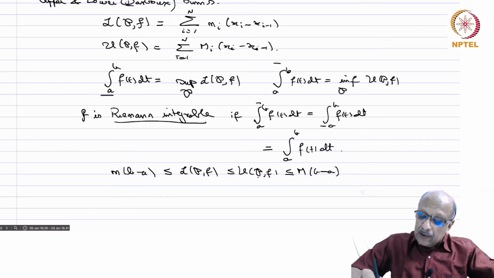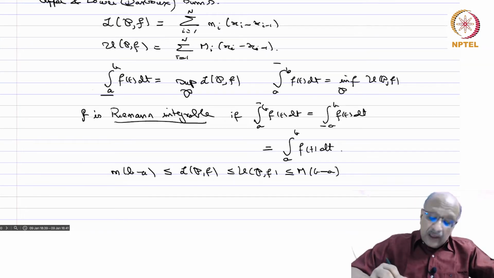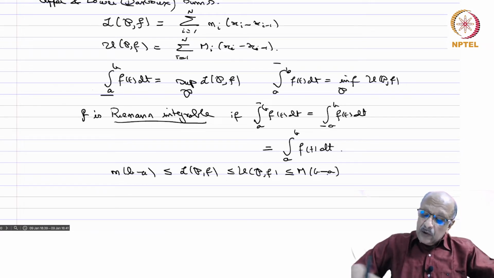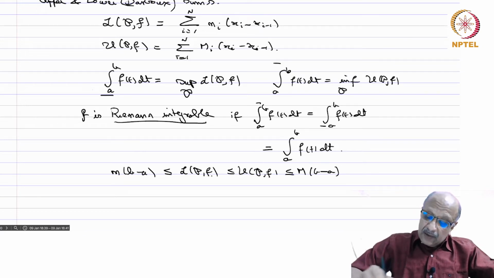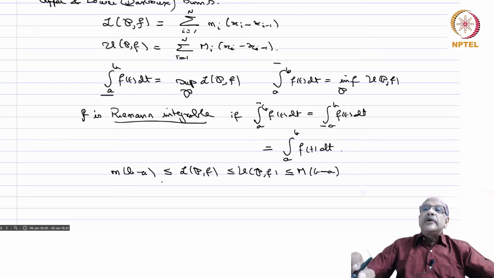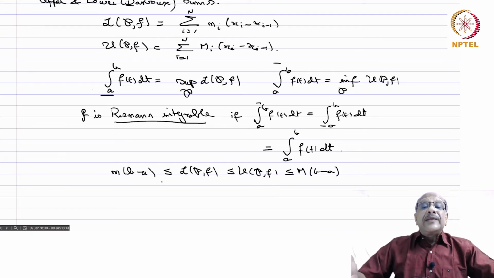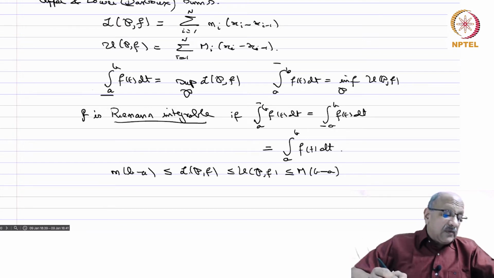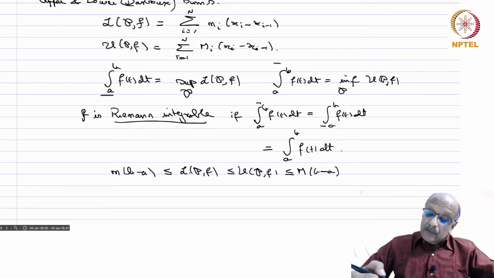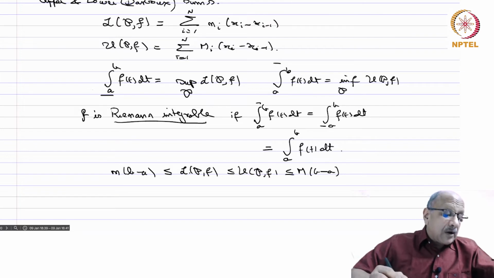If I have P1 and P2, two different partitions, L(P1,f) will be less than or equal to U(P1,f), one can see. So therefore, the sup and the inf always exist because these sums are all bounded, and therefore the lower and upper Darboux integrals always exist. Whether they are equal or not is a delicate question, so we have to investigate. Being Riemann integrable means that these two are equal.